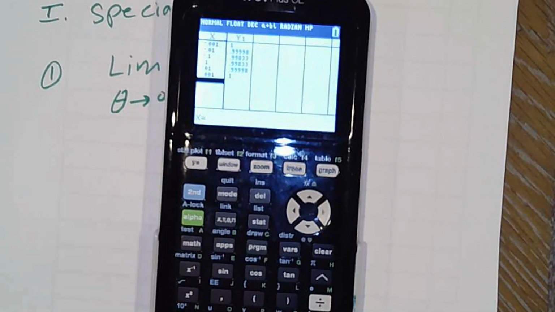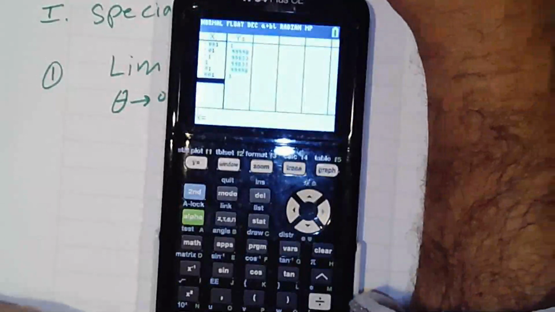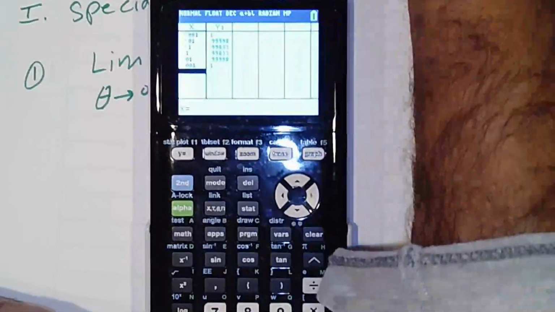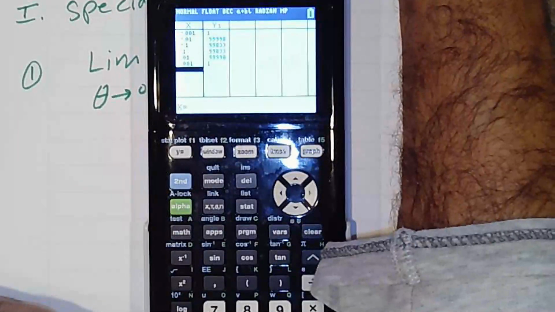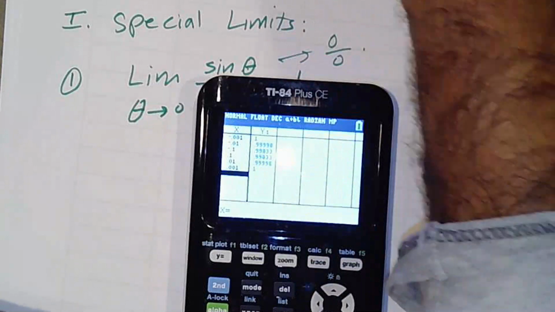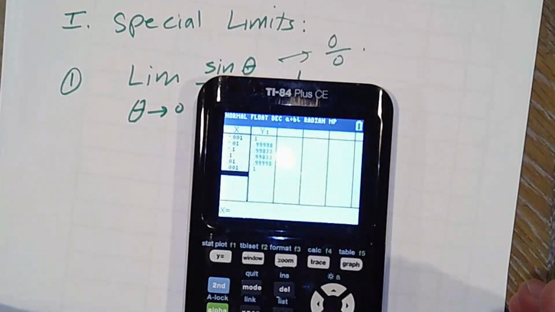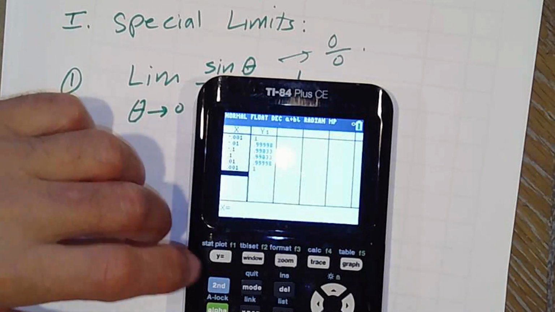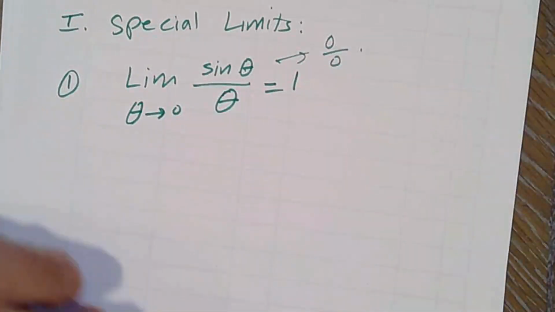you're getting close to 1. Okay, so you can see that the limit of sine theta or sine x over x is